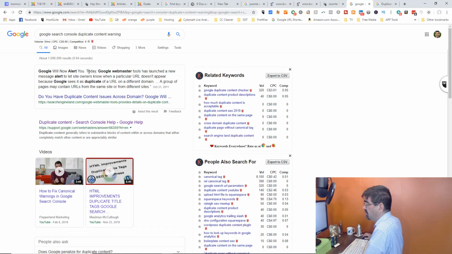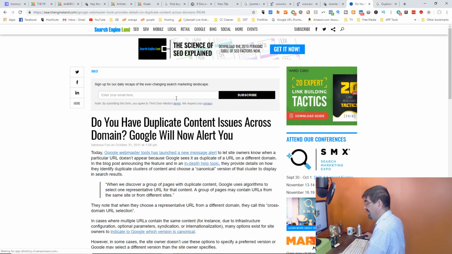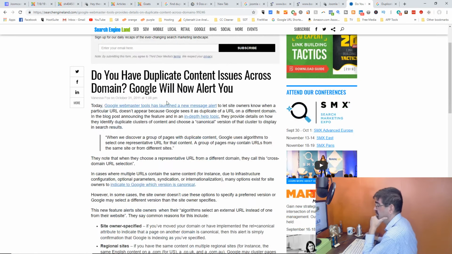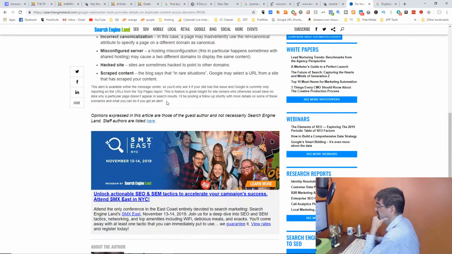Google will now alert you. Today Google Webmaster Tools has launched a new message alert to let site owners know when a particular URL doesn't appear because Google sees it as duplicate. Okay, there's what we want to see. And that's from 2011, so hopefully they're still doing that. Google Webmaster Tools launched new message alert. All right, so